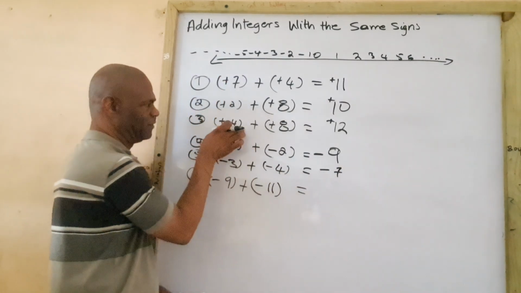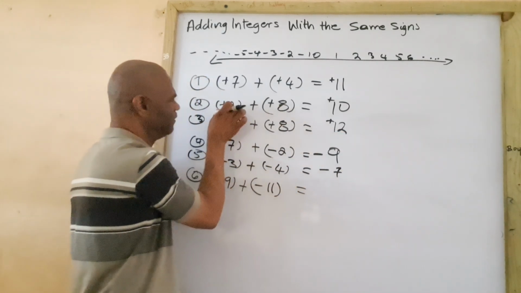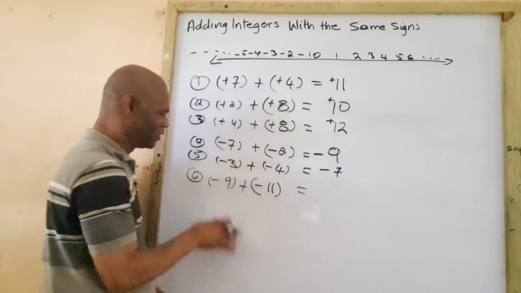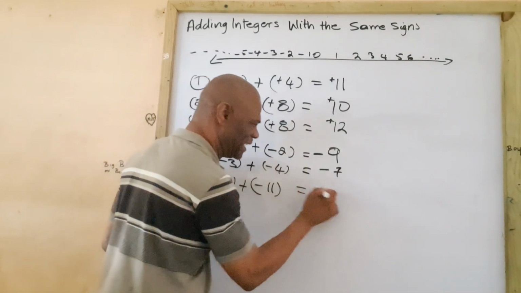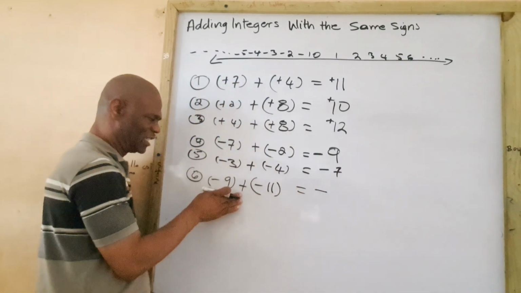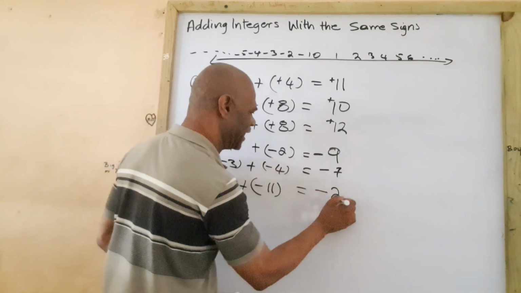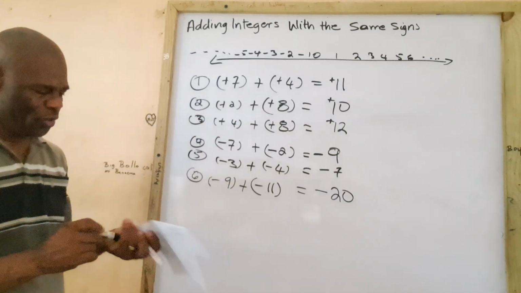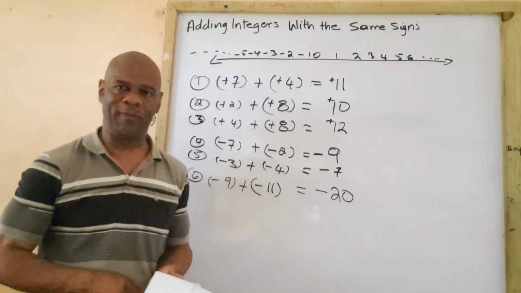A positive number plus a positive number gives us a positive result. Right? So it's going to follow then that our result here is going to be what? Negative. Right? So a negative number plus a negative number gives us a negative result. That's negative 20. Alright? So then, the rule here will be that if the signs are the same, we do